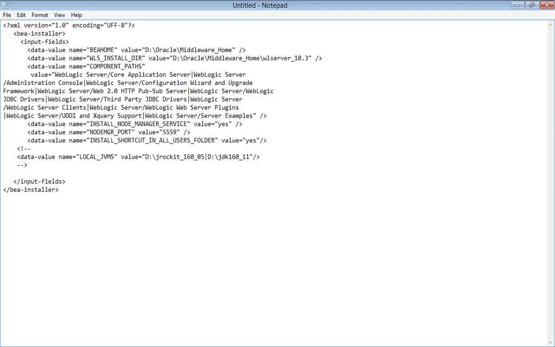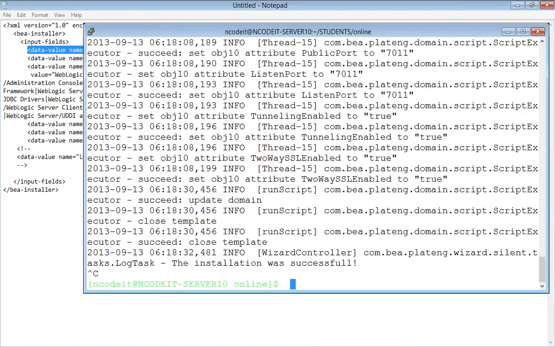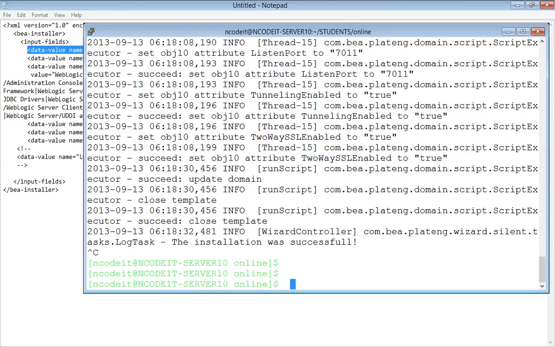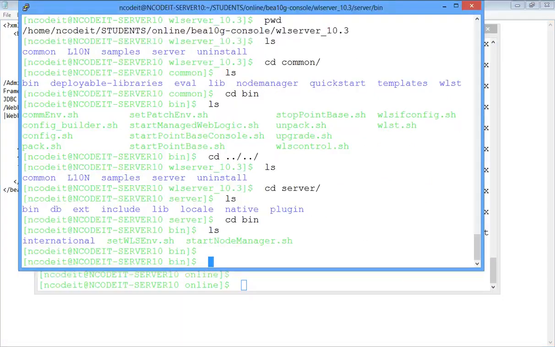Now if you observe here, the only mandatory parameter in all our installation is BEA home. The rest of the parameters can be optional parameters. Meaning if you don't give any of those things, let's say I'll show you a quick installation, a 1-minute installation kind of thing. You will realize the only required input for WebLogic is BEA home. The rest of the inputs,